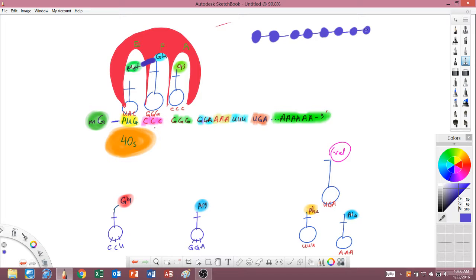Does the 40S stay attached to the start codon? No. 40S is needed for stability of large subunit. So both of them will move together. I just don't have enough technology to move them both at the same time. But they'll both move at the same time. First the 40S will start at the start codon, so will the 60S, but the 60S starts at the top. When they're both attached, they keep moving together like this, as a unit. But one is at the bottom and one is at the top.